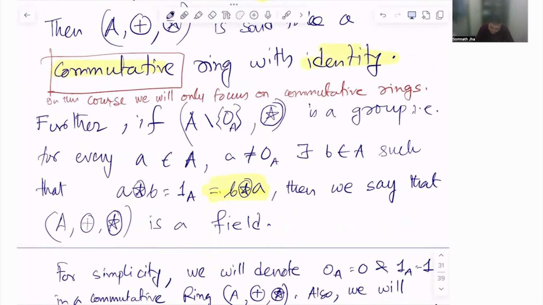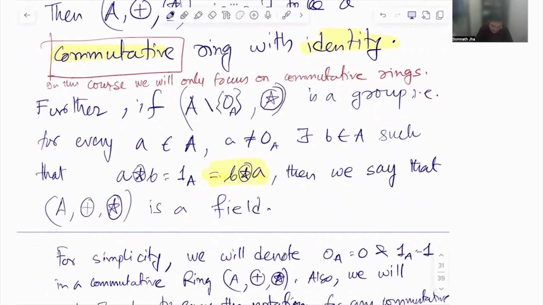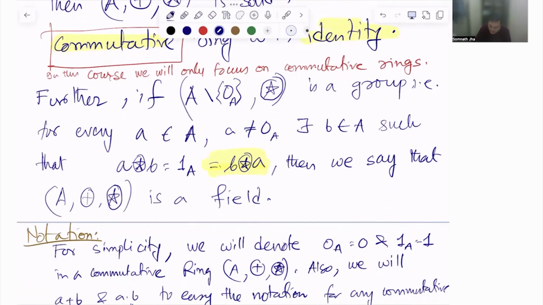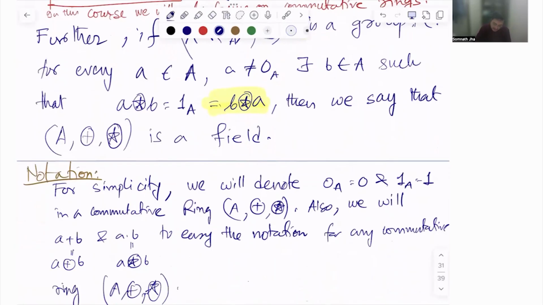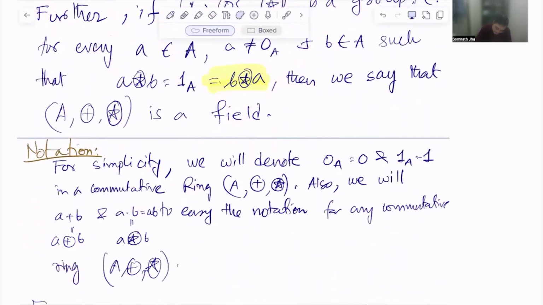Okay. So, about notation. Regarding notation, for simplicity, we'll denote the additive identity as 0 and the multiplicative identity as 1. And we'll simply write this plus as a plus b, and a dot b, and in fact we'll just write this as ab. Okay, this is the notation